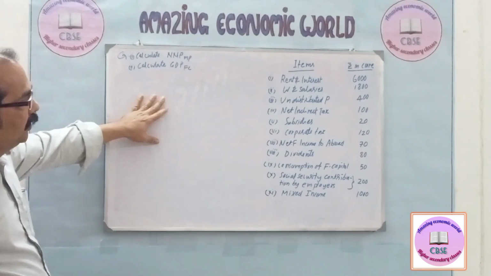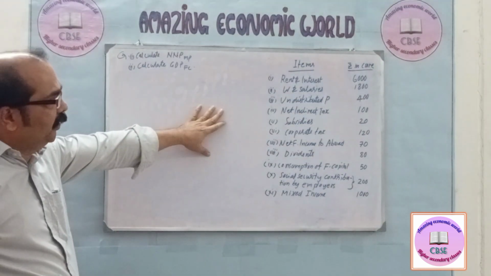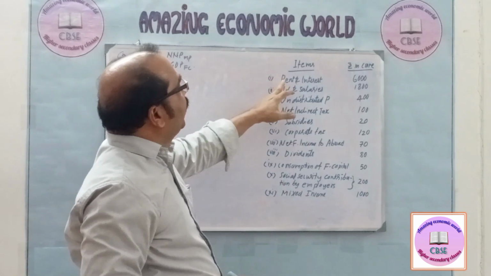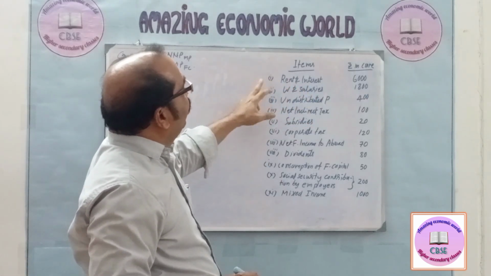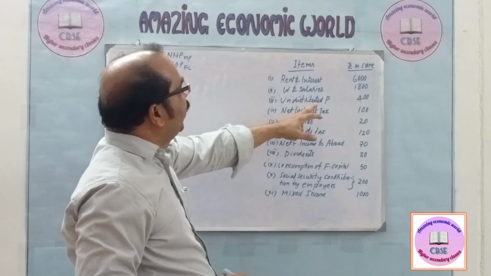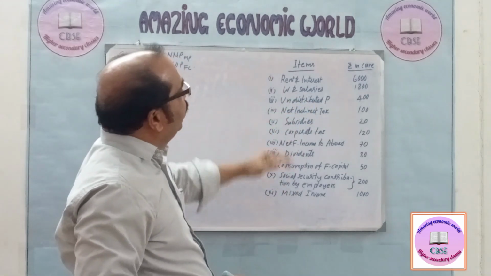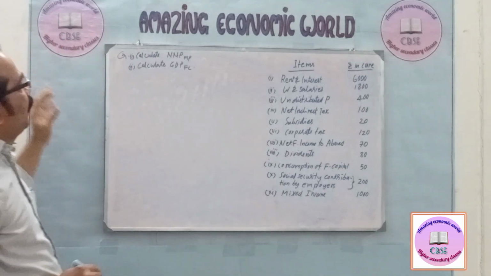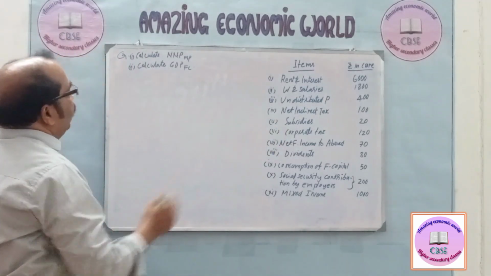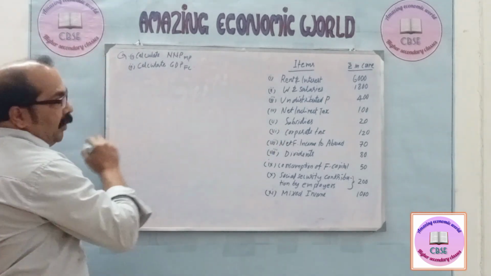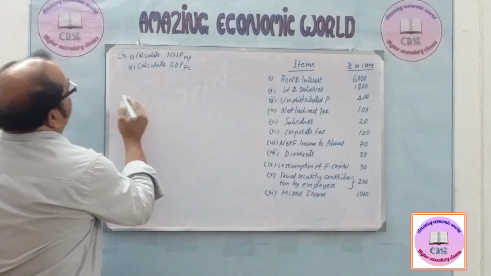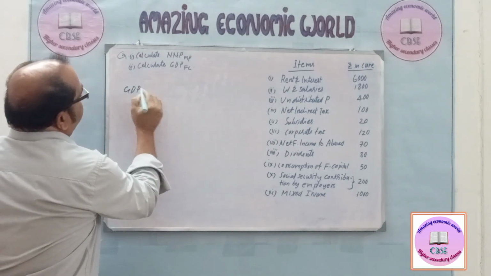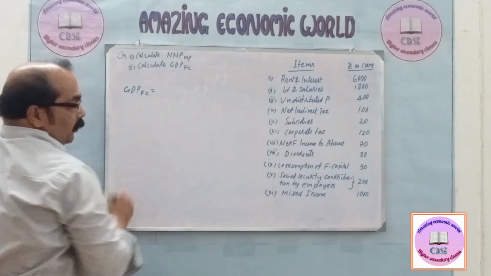This is the income method. How can we identify this is the income method? By looking at the items. There is rent and interest, wages and salaries, undistributed profit, etc. All these are items that come in the income method. So we can write the formula for calculation of GDP FC by income method. GDP FC is equal to